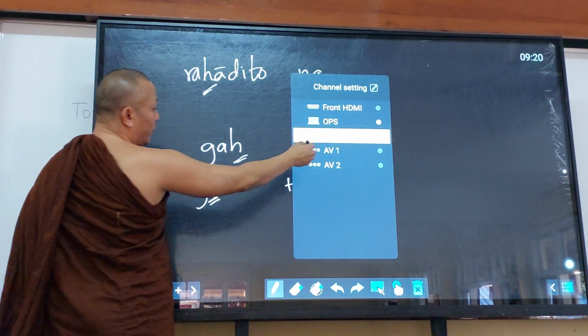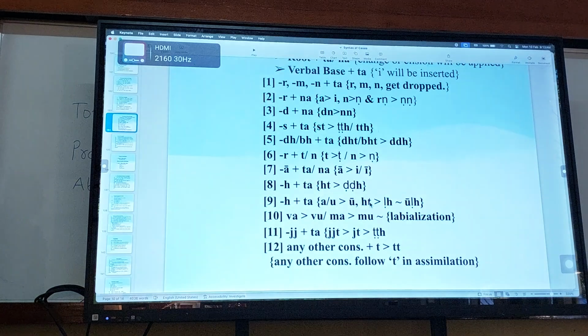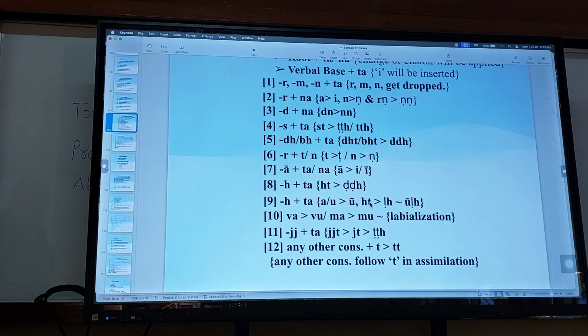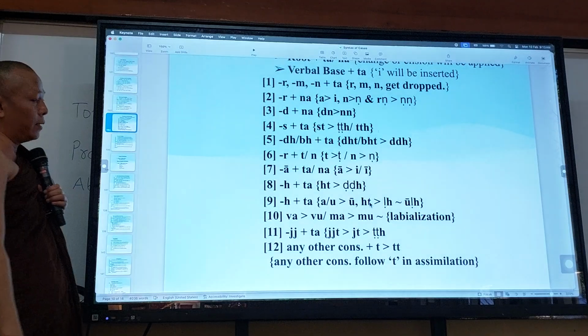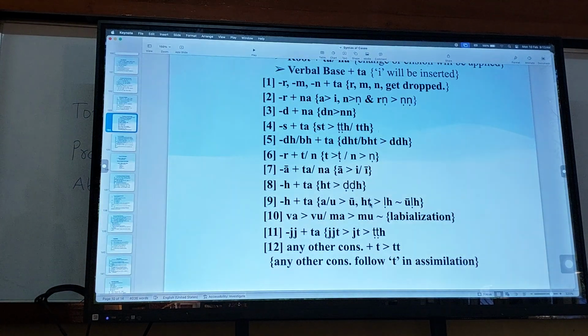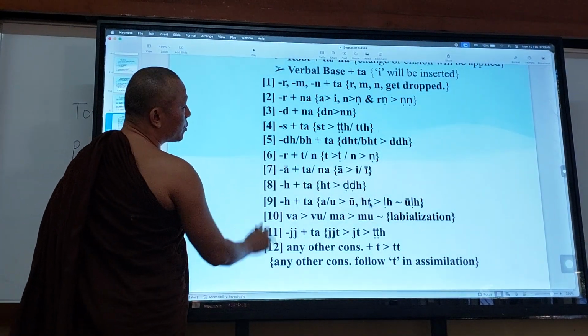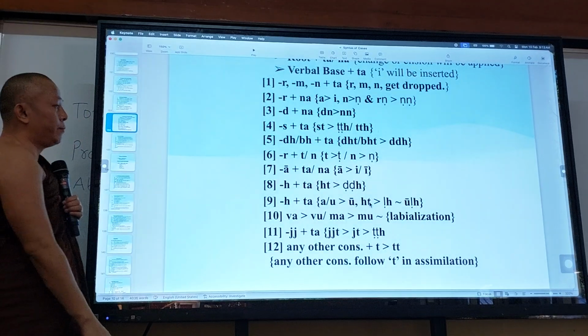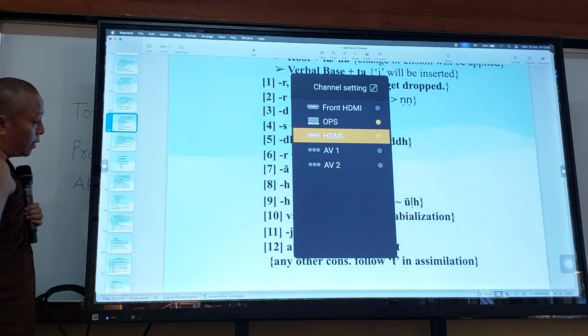Okay, let's move to the next item. The change of dental ta to lingual or retroflex is not only in the past participle but in any word; we can find it occasionally. And also, regarding monosyllabic roots in Pali, traditionally we